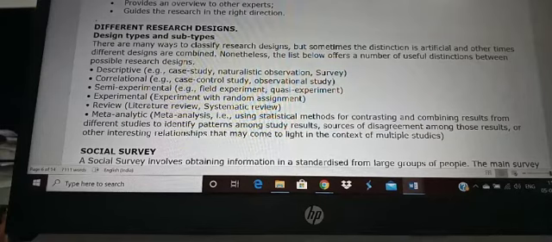Descriptive studies are usually case studies, natural observations and surveys. Correlational studies. Correlation means you are comparing one group to the other. So this is the case control study. Observational study comes under correlational studies. Okay, semi-experimental study. So semi-experimental, there are two types: field experiment and quasi-experiment. And experimental study is actually